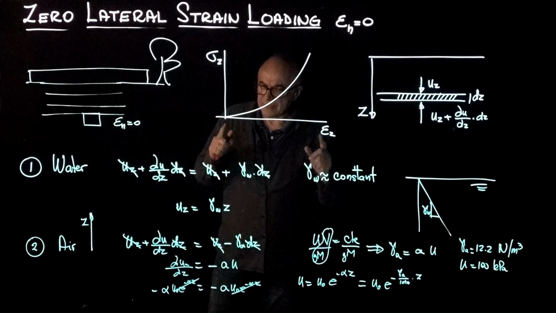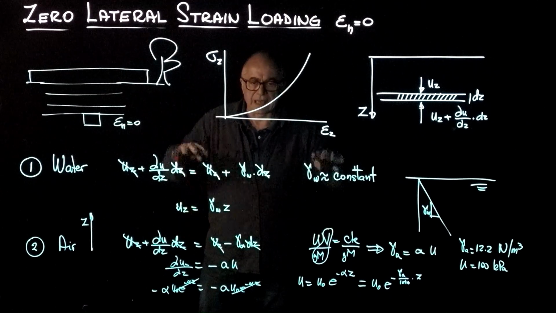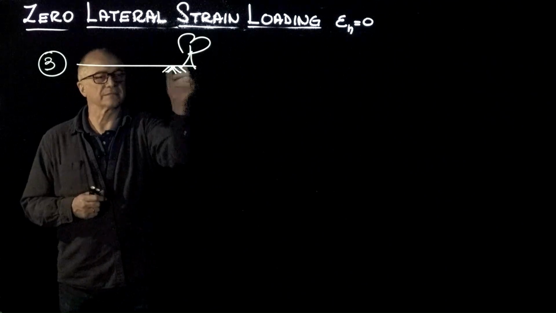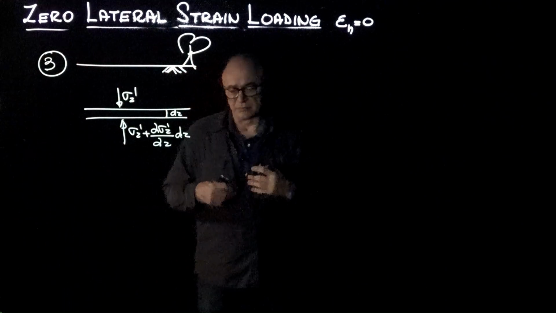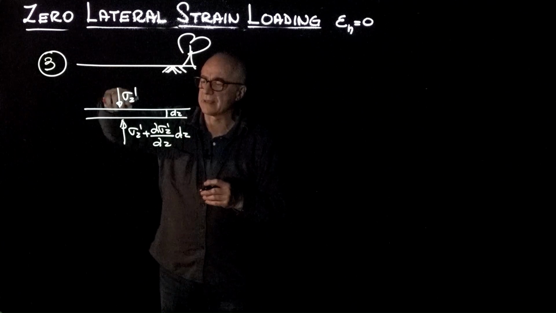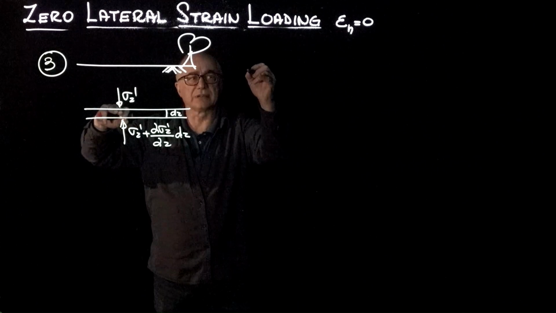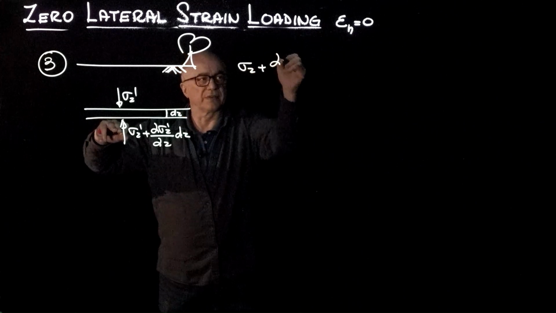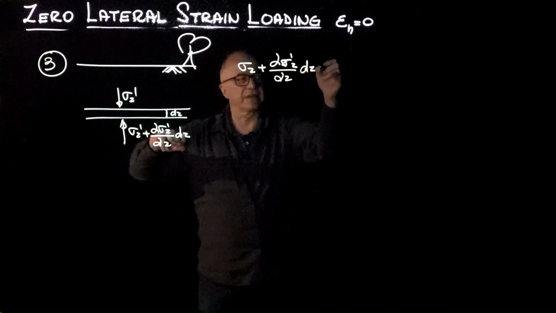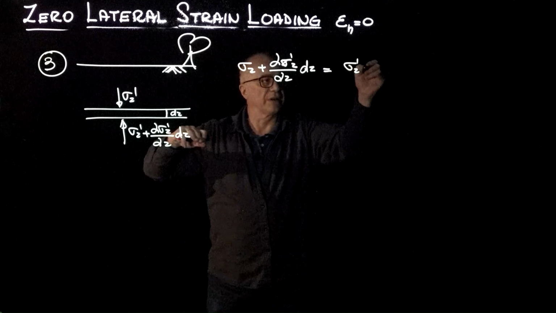So now we have to wonder, what is the pressure or the effective stress versus depth as we go deeper and deeper into a soil mass? In the case of soils, we start with the same equilibrium equation where the overburden keeps increasing with depth, and at a given depth z, we can make an equilibrium analysis between the stress from the top and the stress at the bottom. So the gradient of the effective stress with z times dz, that is the increment across that very differentially thin slice, is going to be equal by equilibrium to the effective stress at the top plus